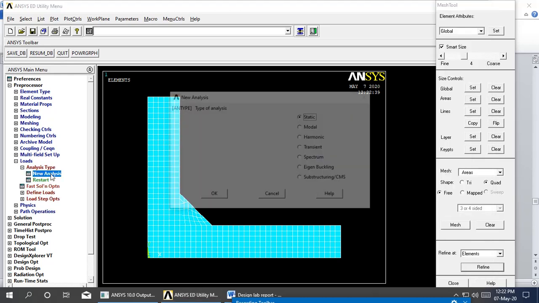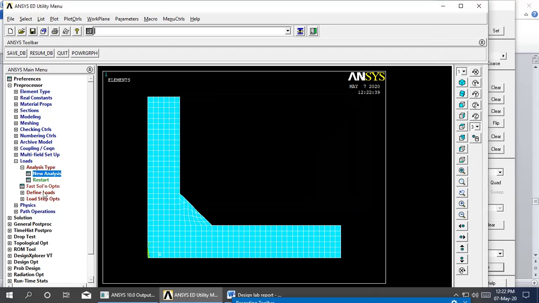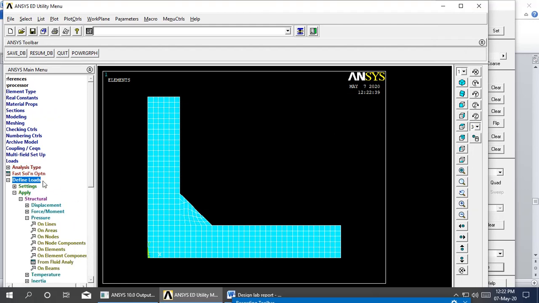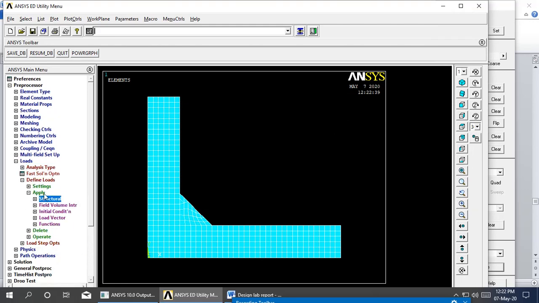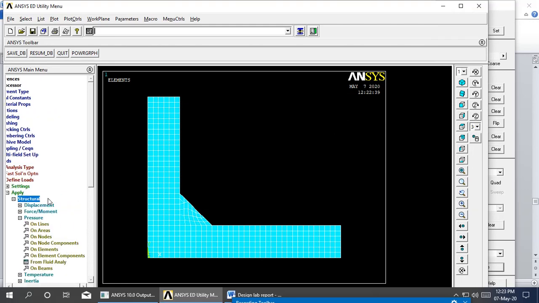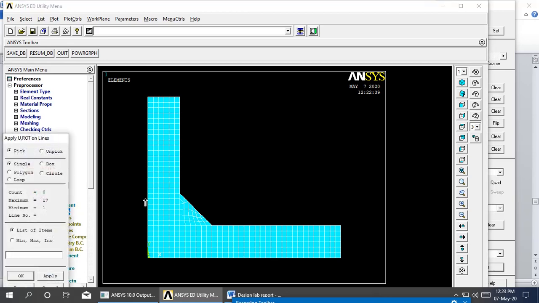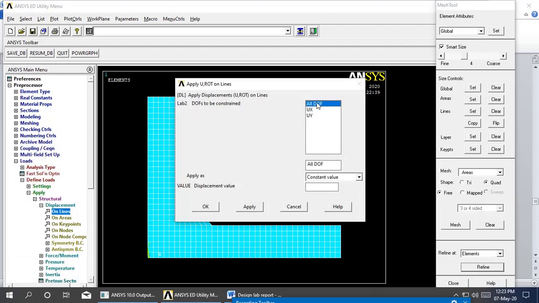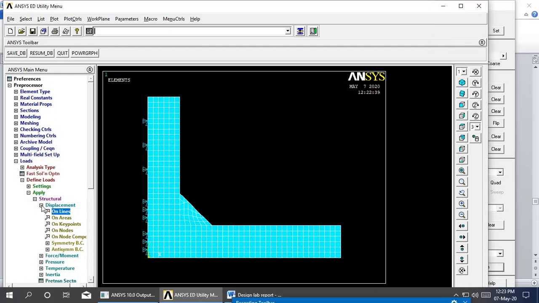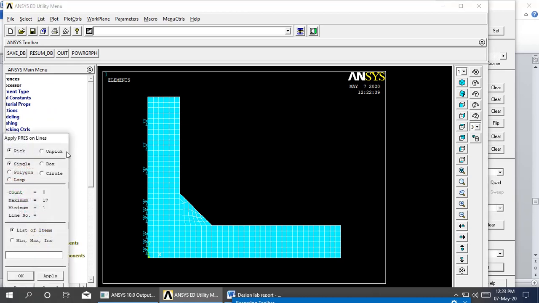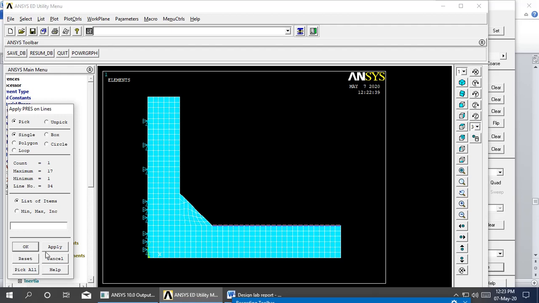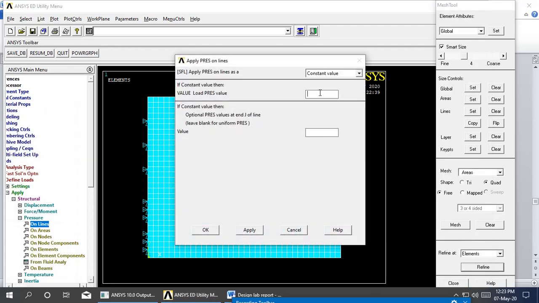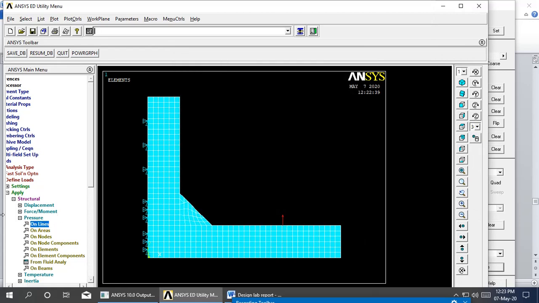Here analysis type, new analysis, static, and then define loads, apply, structural, displacement on lines. Select these lines. You have to give all degrees of freedom. Okay. Next we need to apply the pressure on lines. Pick this line, and give the pressure as -5.